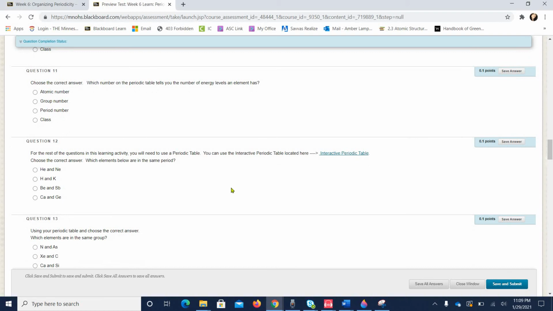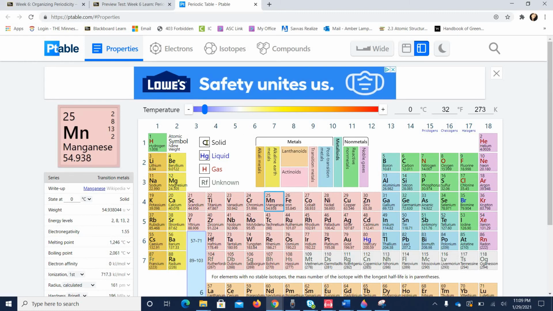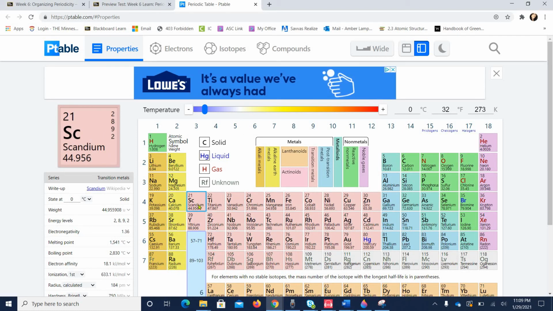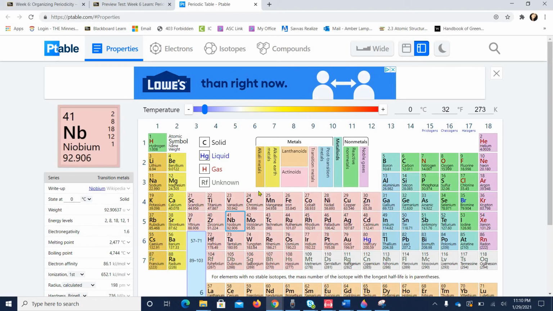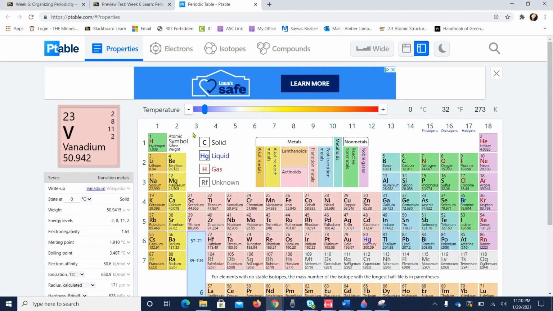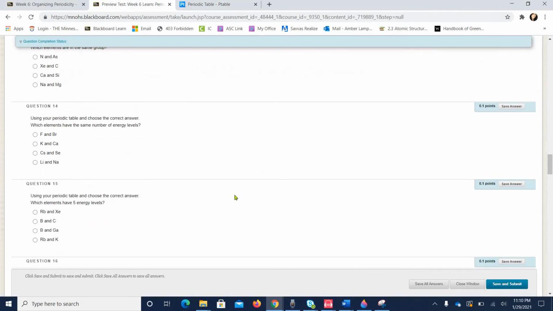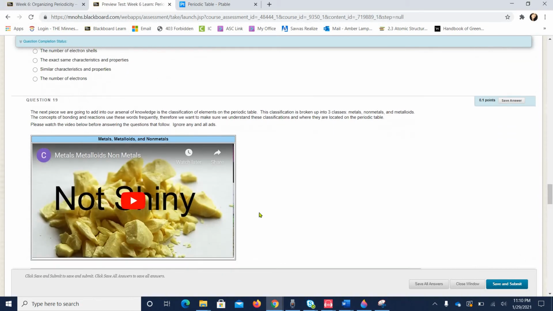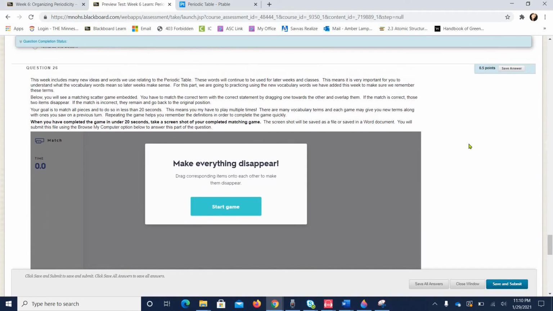You'll notice as we get to, there is an interactive periodic table link. Anytime you see a blue underlined word, that's going to be a link somewhere in that assignment. I would suggest leaving the periodic table open so you can always come back to that if you need to, and then just go back into the tab. So again, answer those questions, watch this video, answer the new questions,